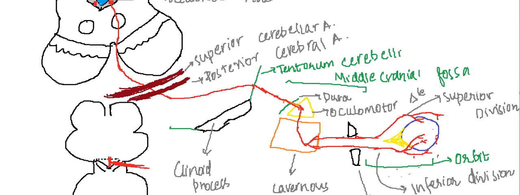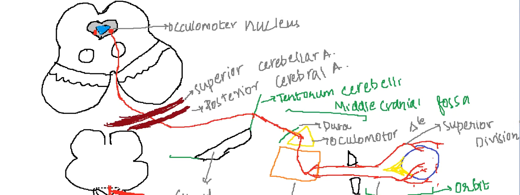Now what about the parasympathetic supply? For the parasympathetic supply, we have a nucleus which is called the Edinger-Westphal nucleus, which I will draw here. Okay, it is also present in the periaqueductal gray matter. Now this Edinger-Westphal nucleus will also follow the same pathway as the oculomotor nerve. Okay, it will cross the superior cerebellar artery and posterior cerebral artery, and then it will